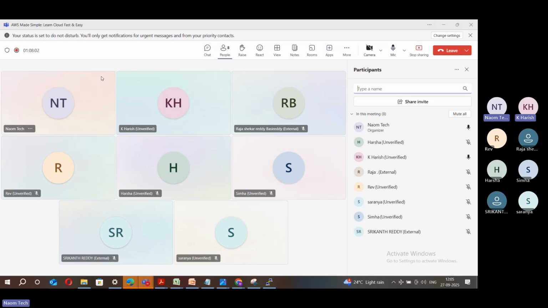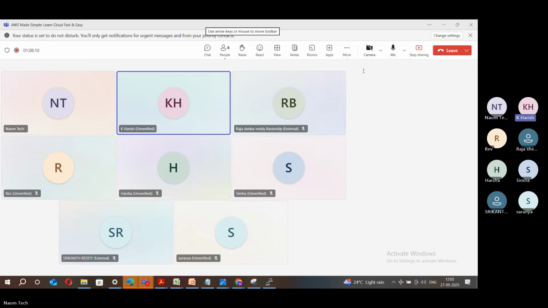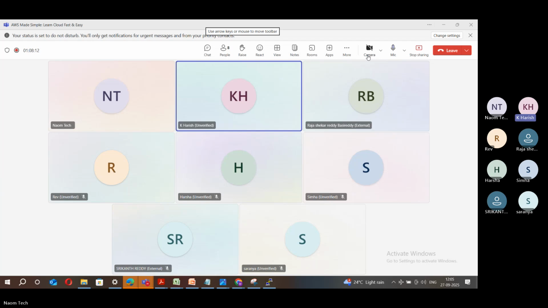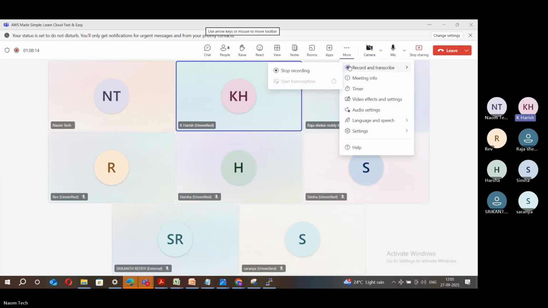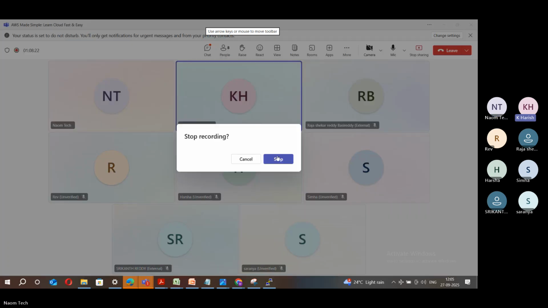And tomorrow, can you take it? Tomorrow is Dasara, right? Yeah, not Dasara, but